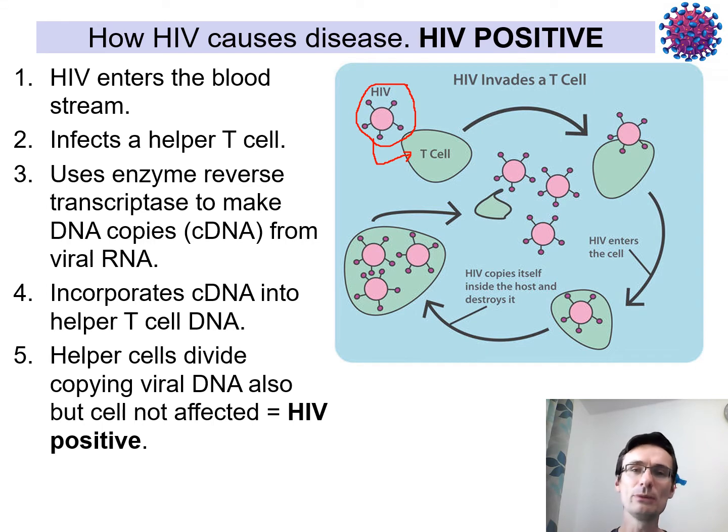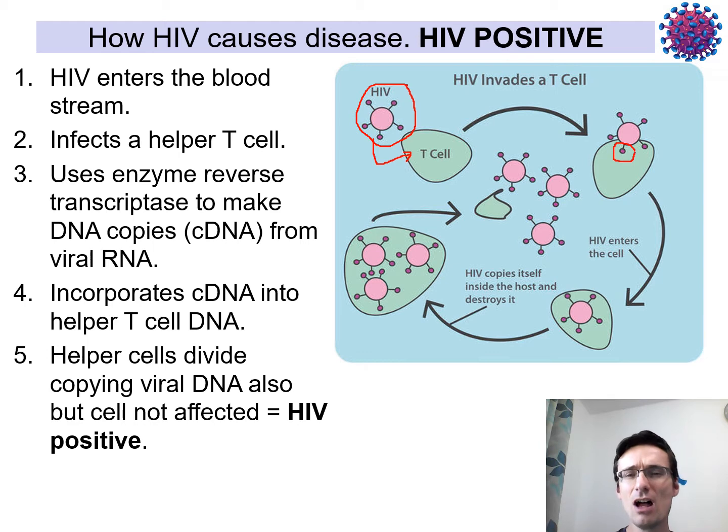If your T helper cells are damaged, that triggers a lot of problems in your T cells, and it triggers a lot of problems in the B cells being made. So your immune system immediately starts to drop. So what happens is it infects the T helper cells, and it will inject the viral messenger RNA,